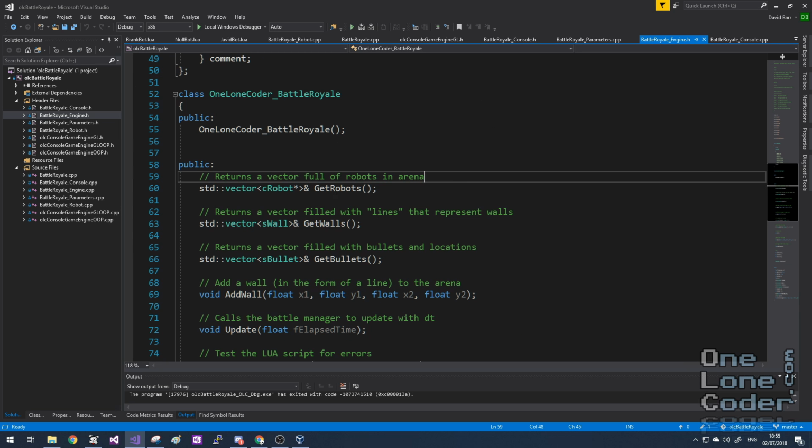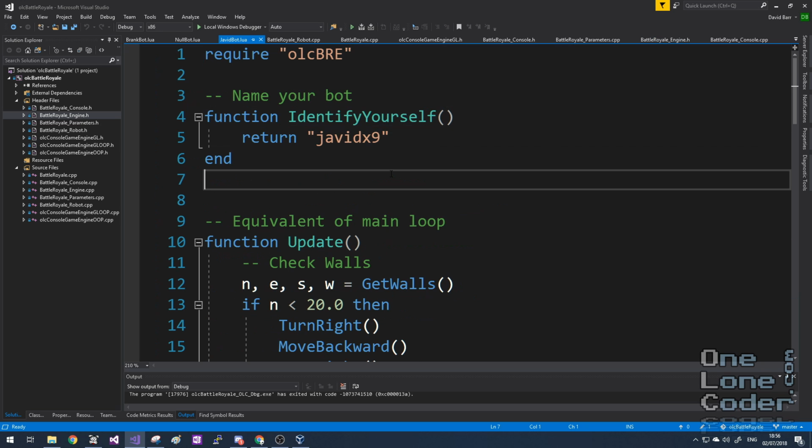The first is a simulation engine, which defines an arena filled with robots. The robots can move around and sense their environment and fire bullets at each other. And a really cool feature of this is it doesn't rely on the console at all. It is a completely encapsulated simulation. The robots run a Lua script. Now, not all of you will be familiar with Lua, but it's very simple and I think quite a powerful